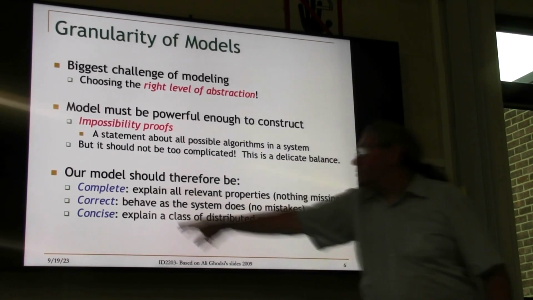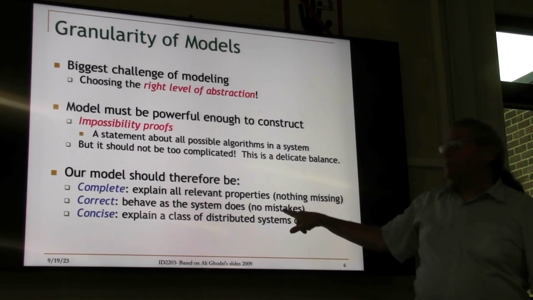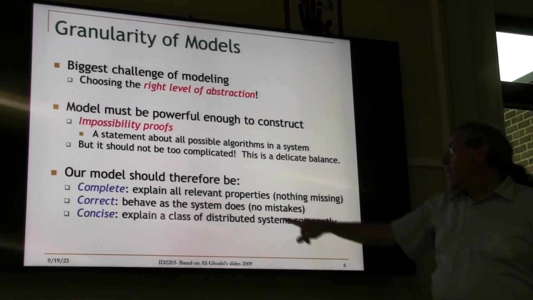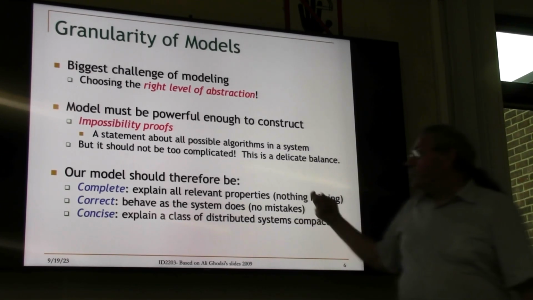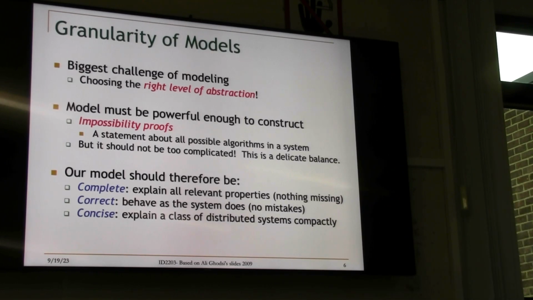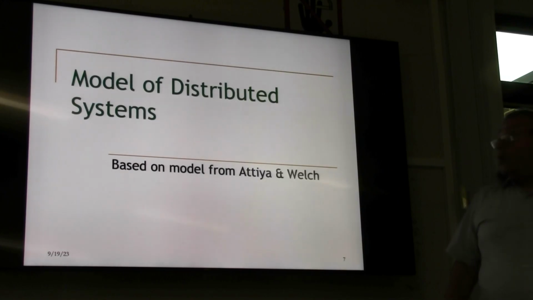So the 3 C's: nothing is missing in our model. The model makes no mistakes, it's correct. And it's also simple, concise, okay? So the model is saying all it has to say without making mistakes. Okay. So I think we're at 6 o'clock. Let me stop here. Next week, we're going to go into modeling distributed systems. So it'll be a little bit more mathematical, but hopefully all the intuition that I gave you now